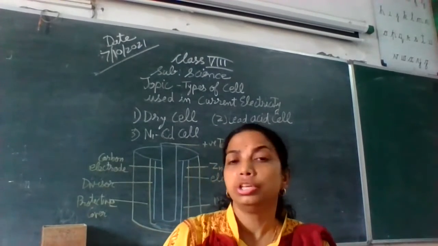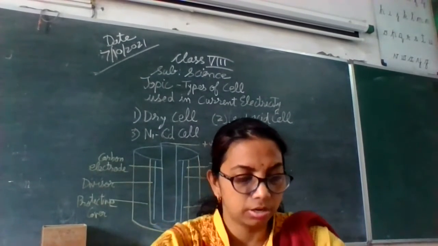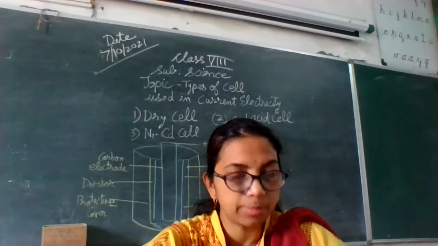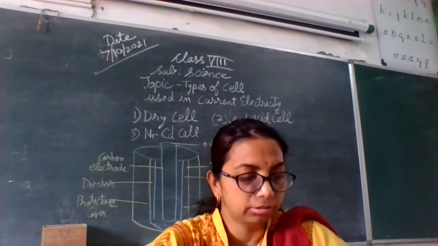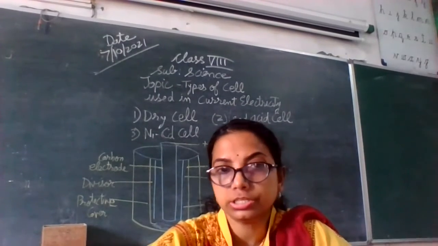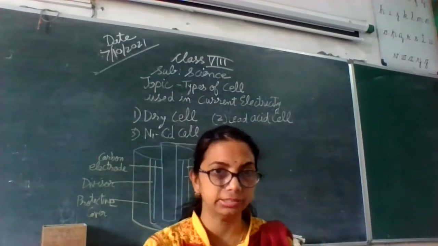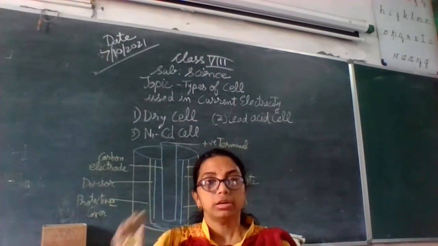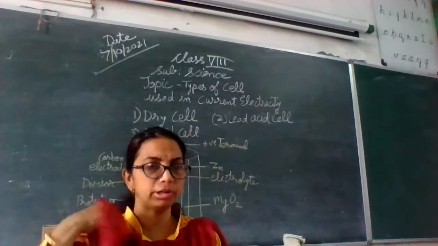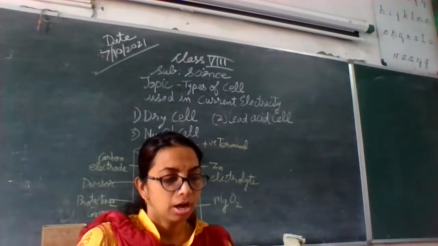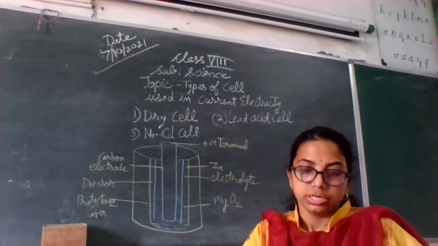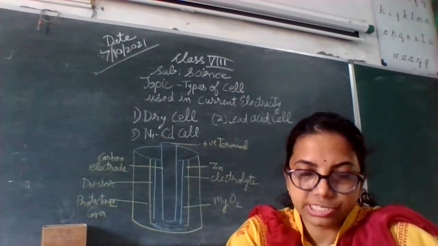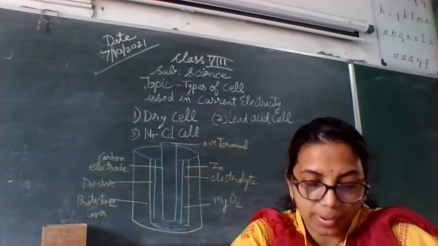The dry cells are used in our radios, wall clocks, torches, all these places we are utilizing them. These are available in 3 to 4 sizes, and the construction of a dry cell is somewhat like this diagram, what you can see in the background of the board, where you see what we have to take first of all is a dry cell, and when we dissect it or we cut it and open it, we find